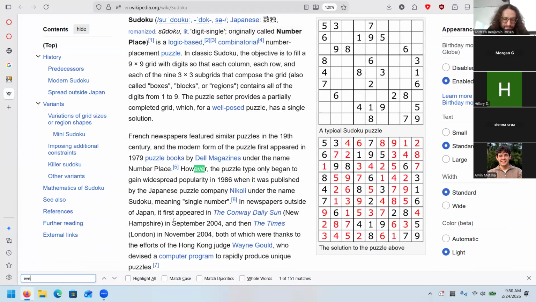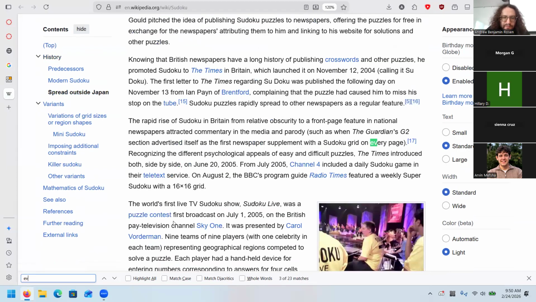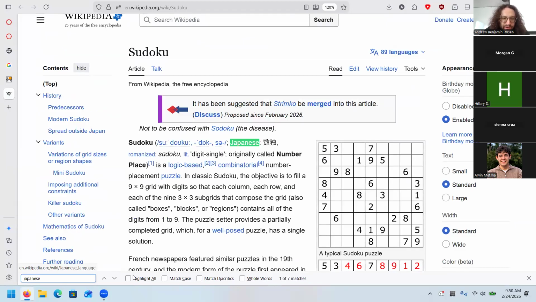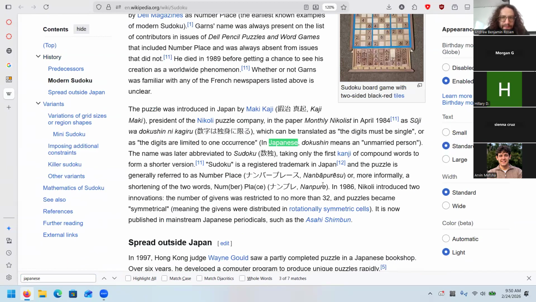Come on, there's more Japanese in there. There we go. It is short for Suji wa Dokushin ni Kagiru. Okay. The digits must be single.